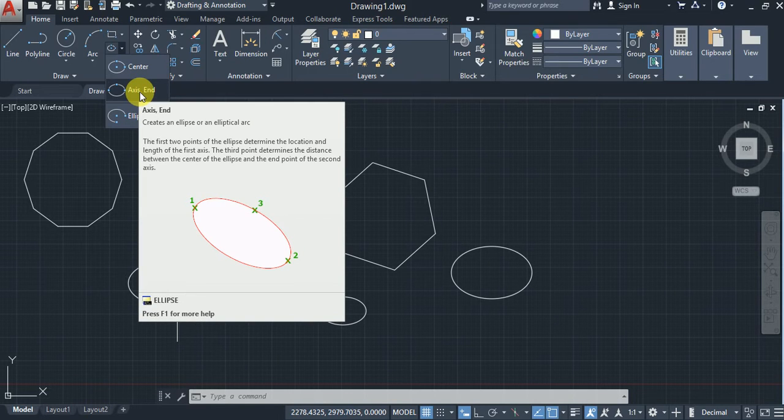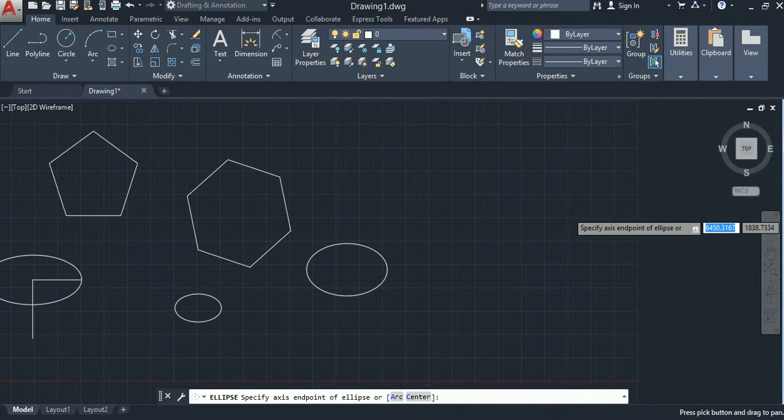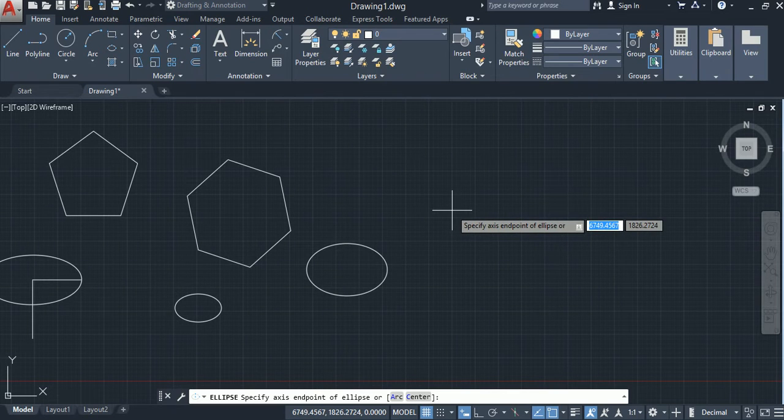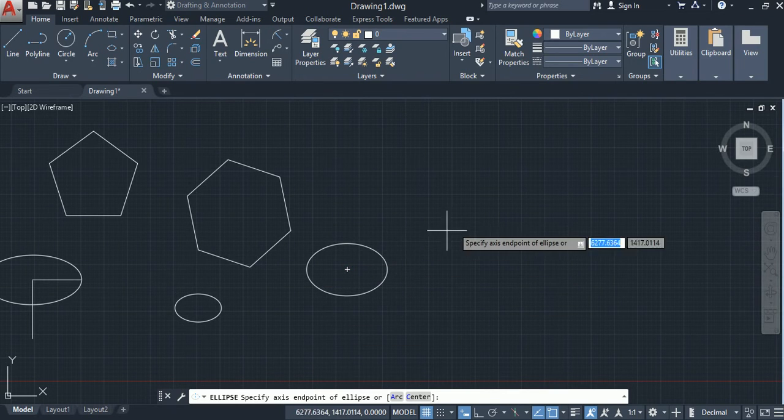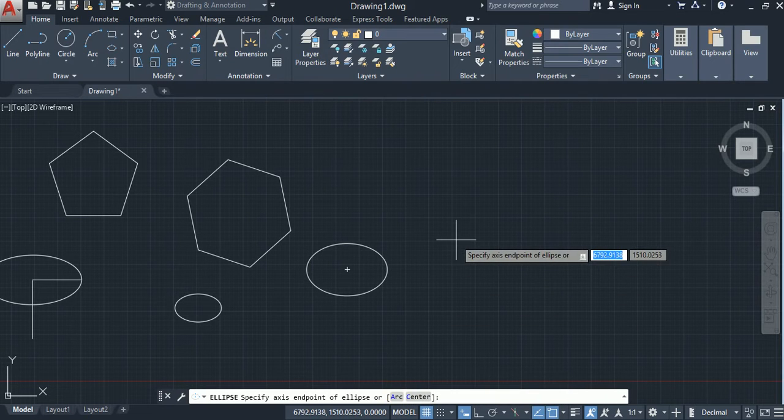It is showing that create an ellipse, an elliptical arc. If you want to draw an elliptical arc, specify the axis endpoint of the ellipse. So if I know an arc, I will draw, suppose